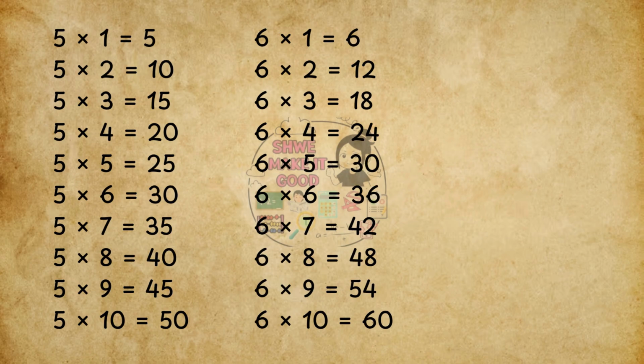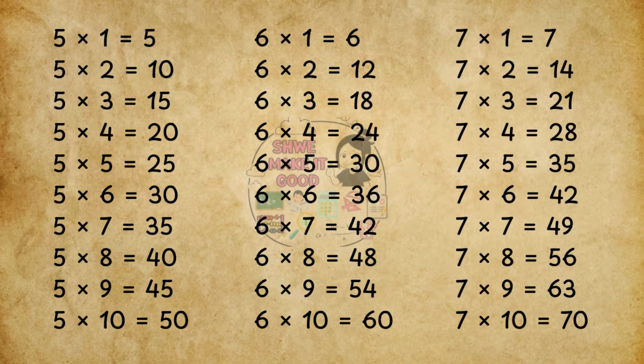are 30, 6 sixes are 36, 6 sevens are 42, 6 eights are 48, 6 nines are 54, 6 tens are 60. 7 ones are 7, 7 twos are 14, 7 threes are 21, 7 fours are 28, 7 fives are 35, 7 sixes are 42, 7 sevens are 49, 7 eights are 56, 7 nines are 63, 7 tens